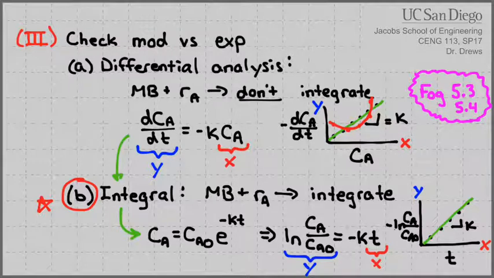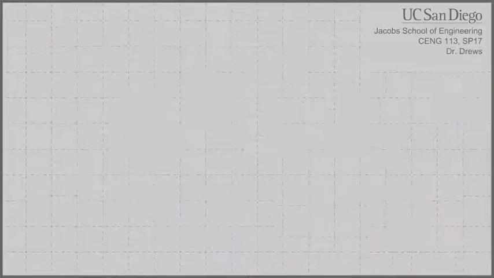And that's exactly how we evaluate whether or not these things are good fits or not, is does my data look like a straight line when I plot it on special axes? So the choice of that special axis changes depending on what your rate law was. We saw two examples here where if I plot dCA/dt versus CA, I expect a straight line. Or down here, if I plot minus ln(CA/CA0) versus t, I expect a straight line. So how do we come up with a method like that? You need the equation, and then you need to understand that what we are trying to do is get this equation,